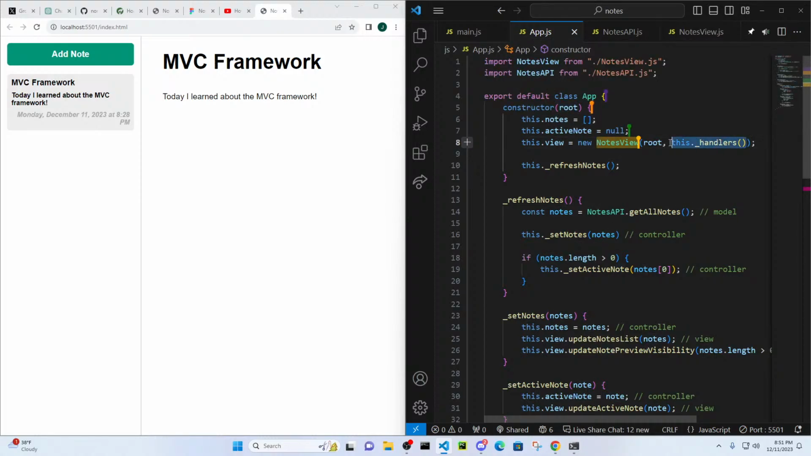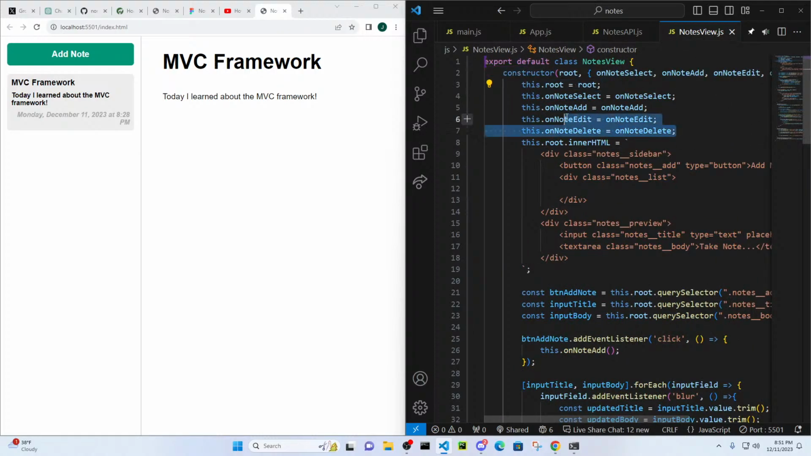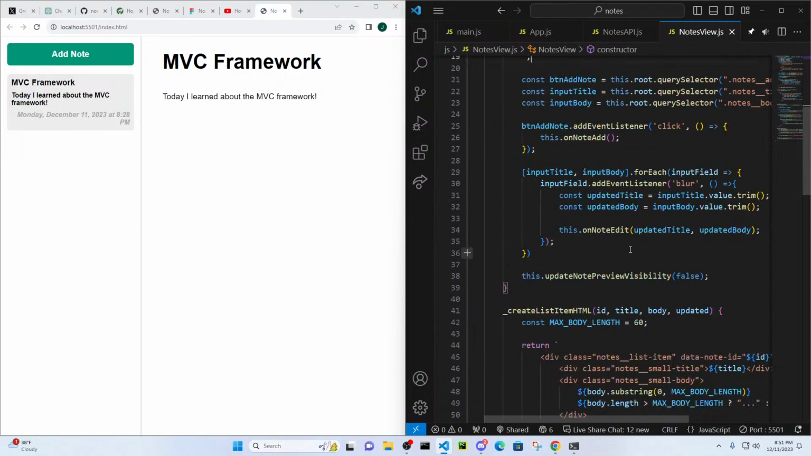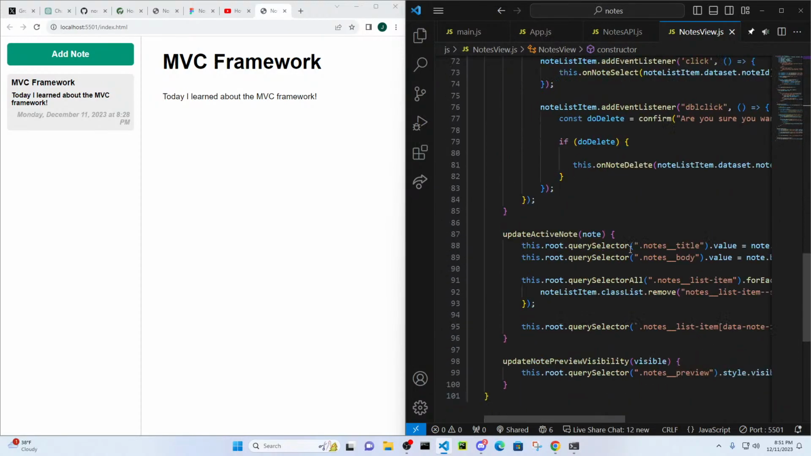We also pass the handlers in, because when we go to our view, you can see that our view needs to use these functions. And so we create them as properties on this view. There's definitely different ways to do this, but we'll just keep it simple for now and just say this is the way to do it. And if you look down here,